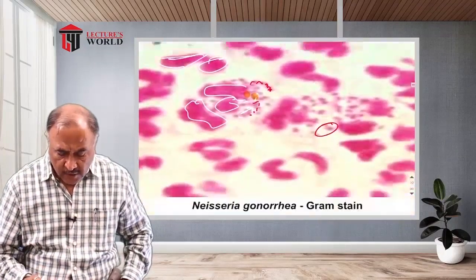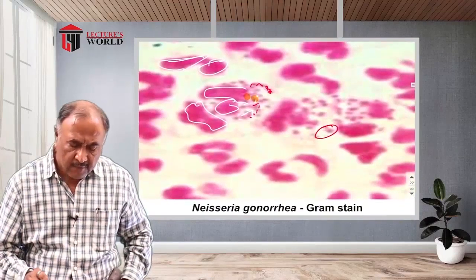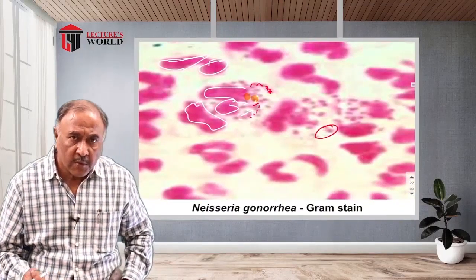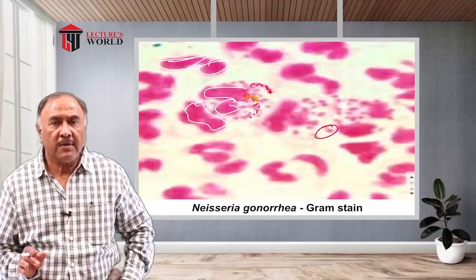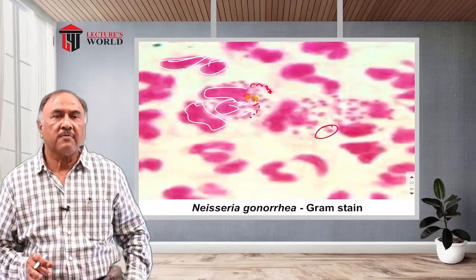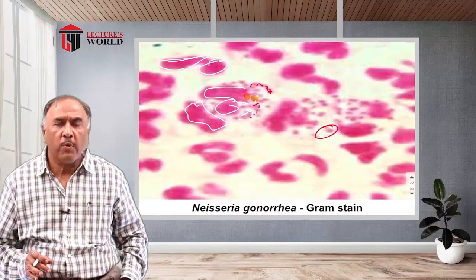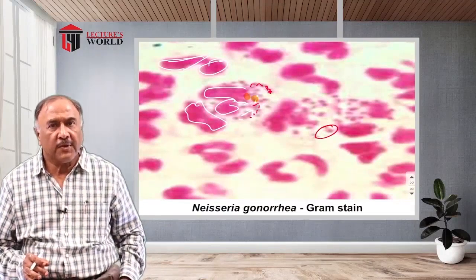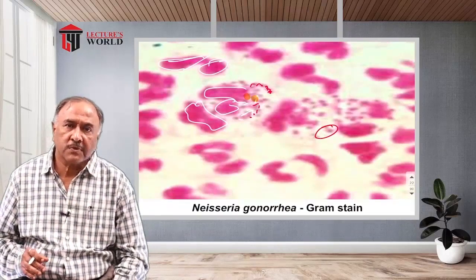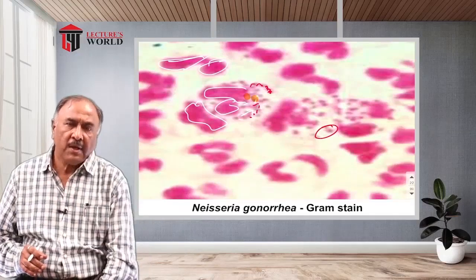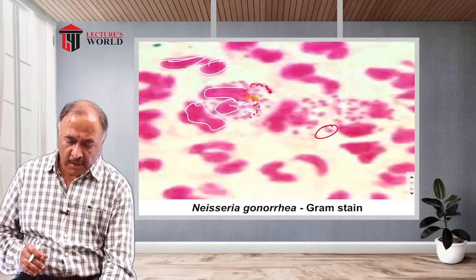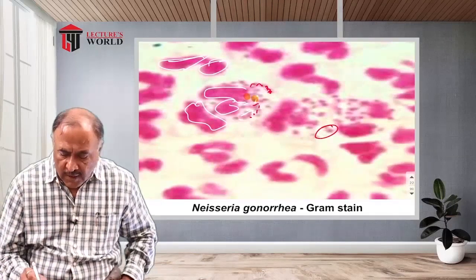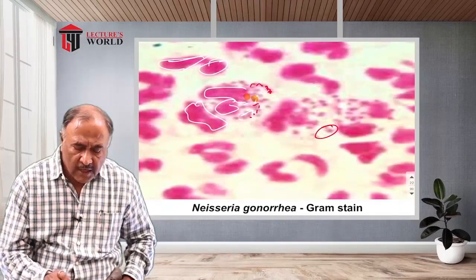Here we are seeing the gram staining of Neisseria gonorrhoeae. Neisseria gonorrhoeae, Neisseria species, is a gram-negative cocci, one of the exceptions in cocci. That is, cocci are mostly gram-positive, but Neisseria is gram-negative in nature. And you can see here these gram-negative cocci and this large pink color